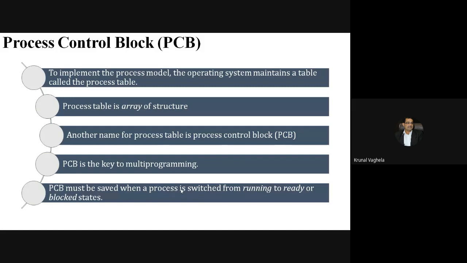So the moral of the story is, when a process is switching from one state to another, the operating system needs to maintain a table to remember in which state the process was when it was suspended or blocked or moved from running. Because when the process runs again, the processor needs to remember where I left the process and from where I need to resume it.